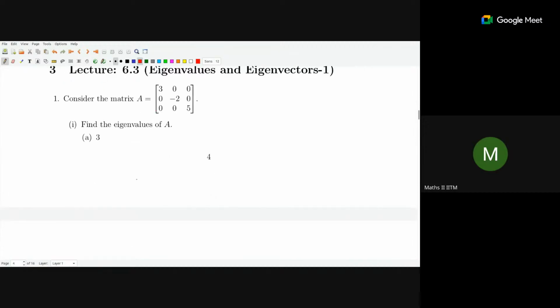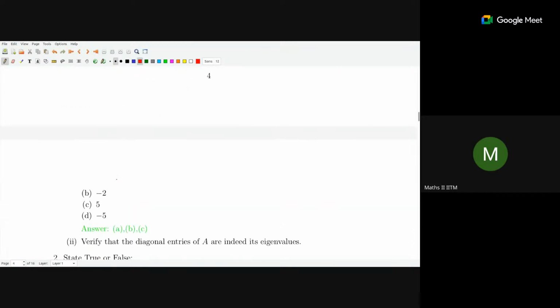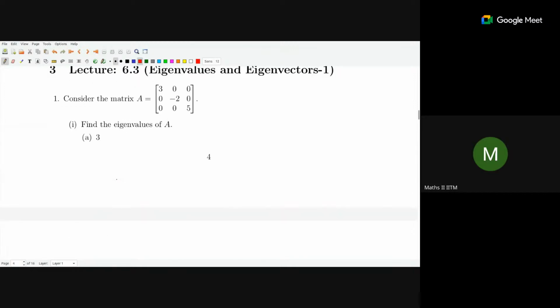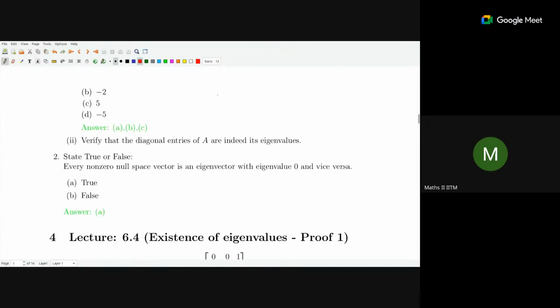So here you see this is a matrix, and we just asked you: if it is a diagonal matrix, then whatever the entries on the diagonal, they will act as the eigenvalues, right? So that is